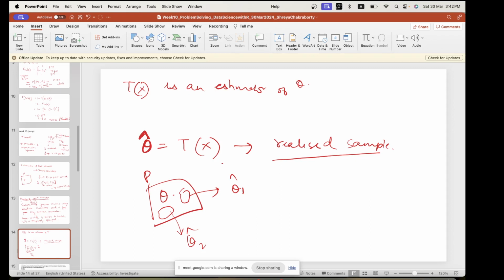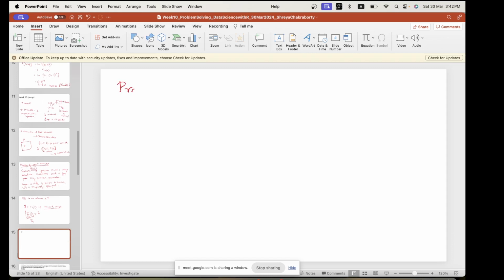Since each sample can lead to a different estimate of theta, we would want certain properties to hold. We would want theta hat to be as close to theta as possible, and we would want very little variability around theta. These are some basic properties that we want our point estimators to have. So to list out some good properties of any estimator: